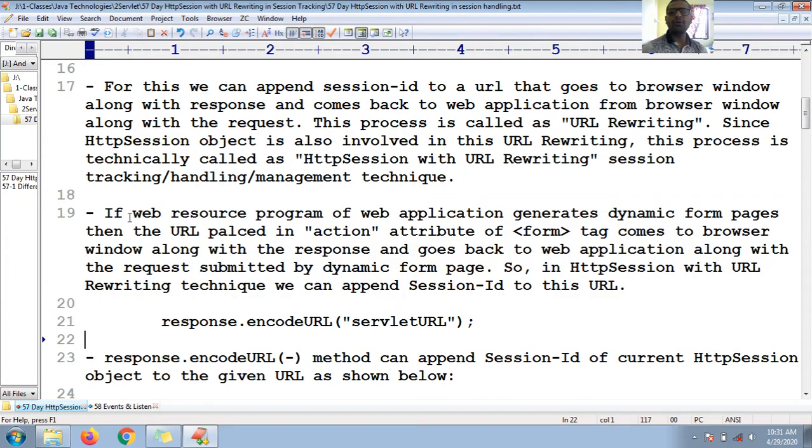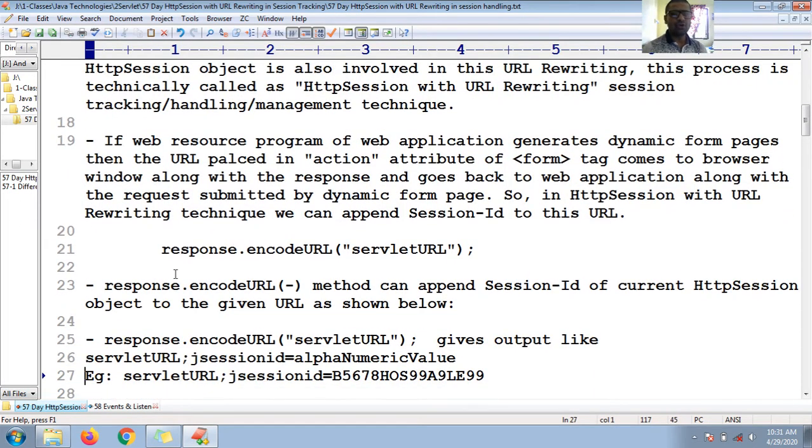So how can I append the session ID to the URL? Along with the response, I want to add the session ID to the URL. So we can take the help of the encodeURL method.